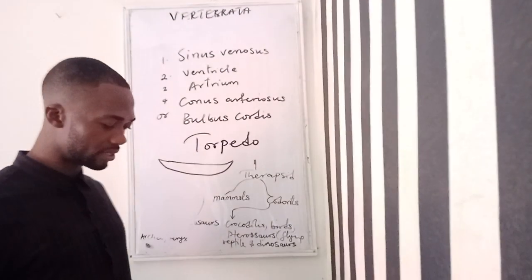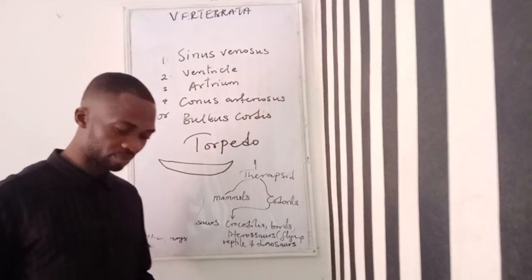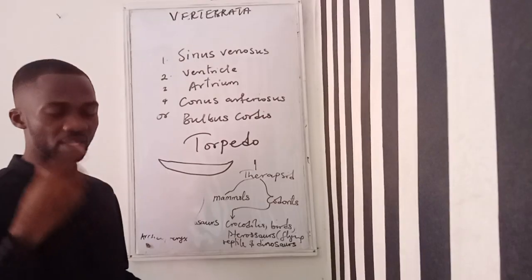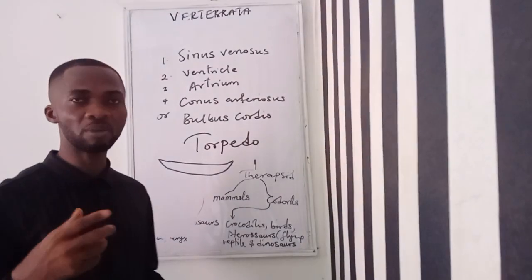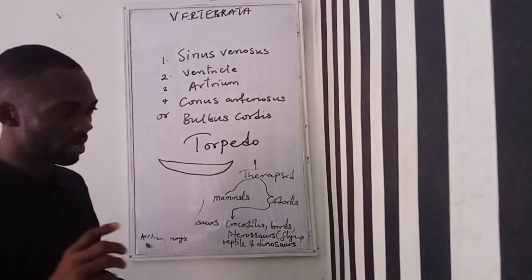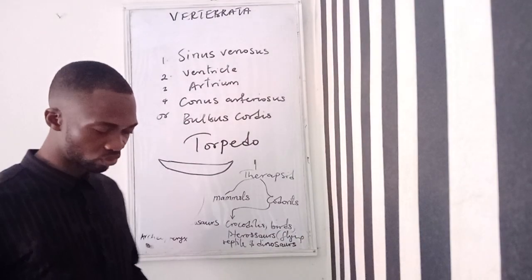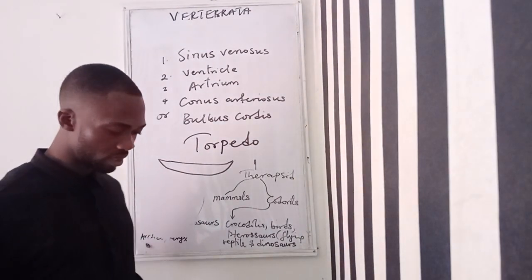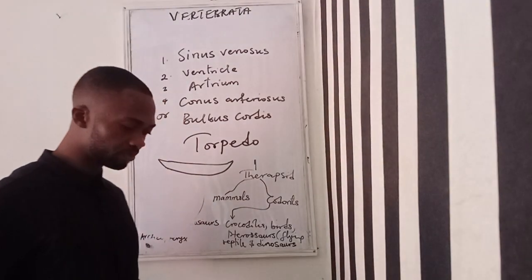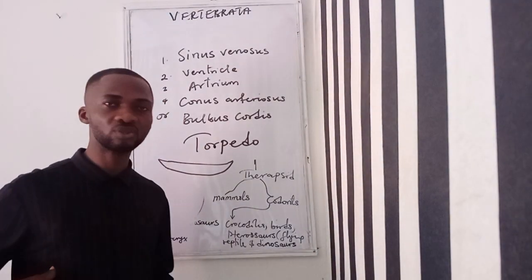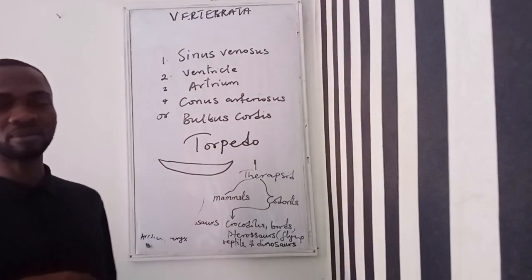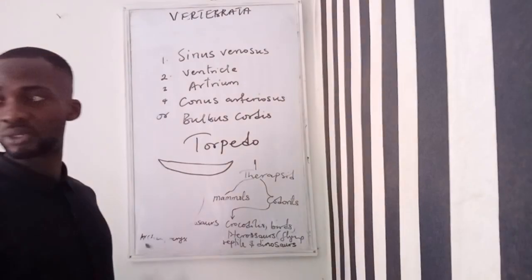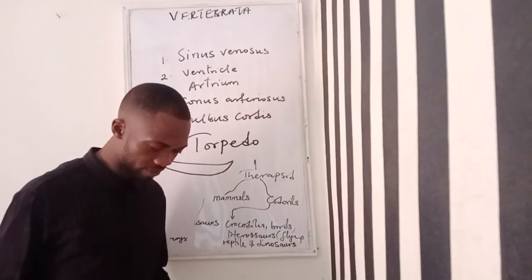They have teeth in their mouth. Their tongue is protractable. That is a mobile tongue that easily extends out of the mouth. Then the skeleton is bony. Ribs are not attached to the sternum like you see in mammals or in humans. In mammals the ribs are attached to the sternum. It's not like that in the case of amphibians.